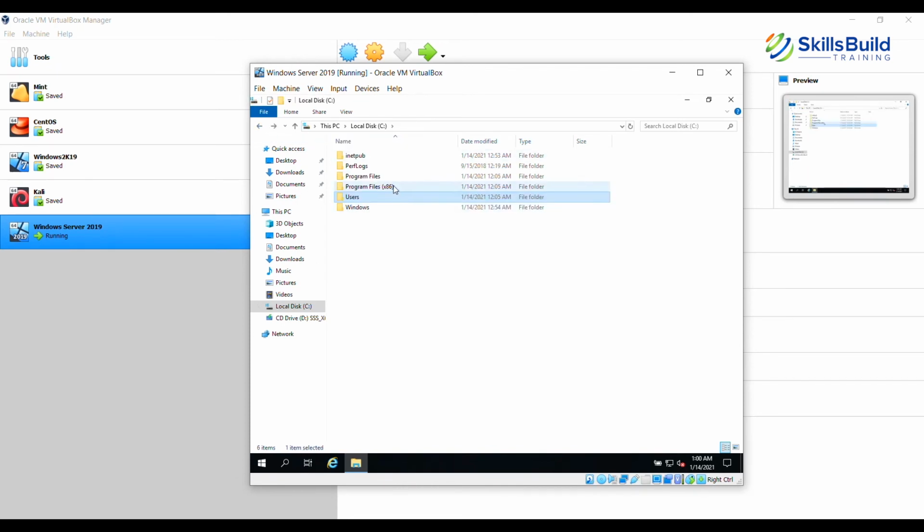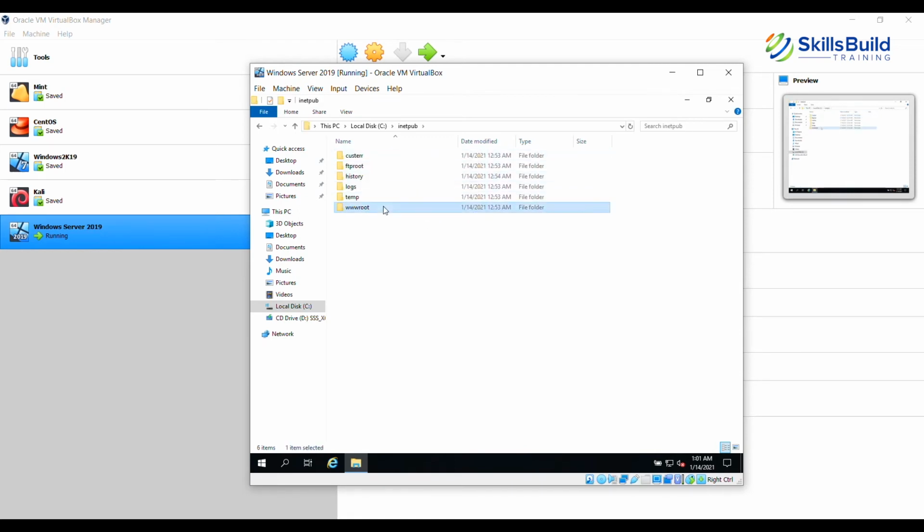Then you have Program Files. Now there are two folders of Program Files. One is for x64, which is the environment that we have installed. And if there are certain x86 or 32-bit version applications you're going to install on this 64-bit operating system, then those applications will get installed under this particular folder. Then there are PerfLogs, and inetpub is the folder for the IIS that we have installed.